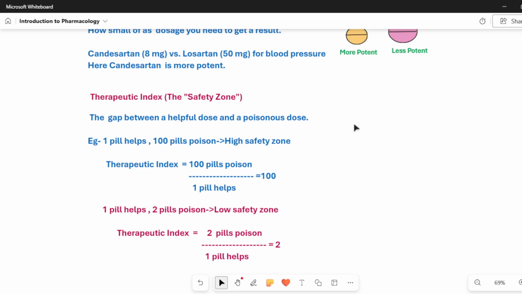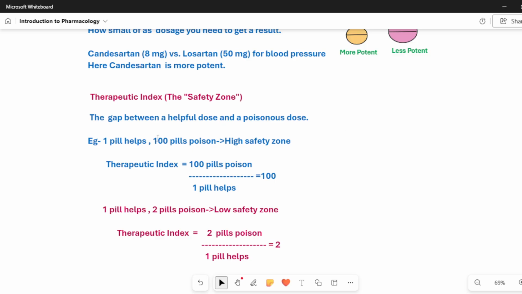Okay, one tablet is curing your fever. So what happens if 100 tablets are taken? Are they curing my fever or not? Even if they're curing, are they turning toxic inside my body? Means if I eat one tablet and by mistake I'm having two tablets, how much level of tablets is the body tolerating? After what level does it turn into poison? So the gap in between that is called your therapeutic index.